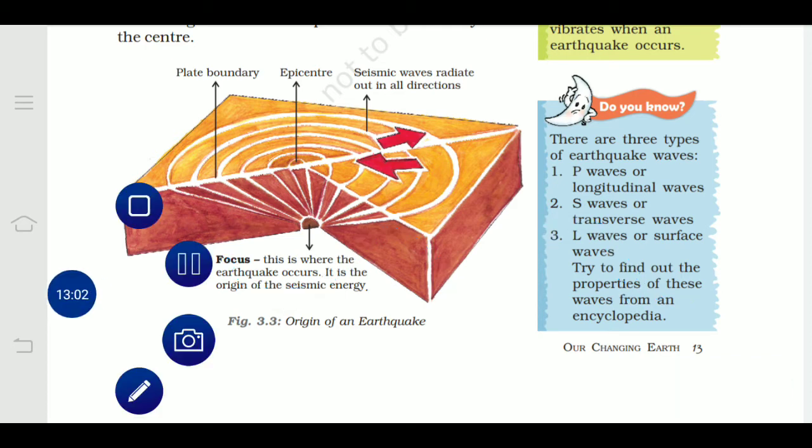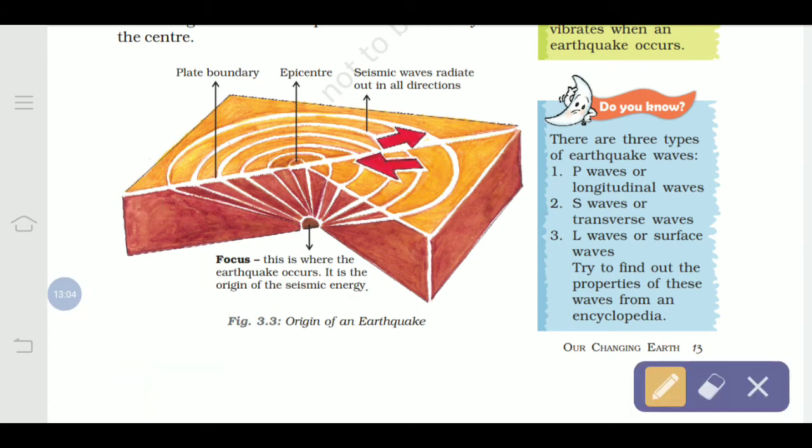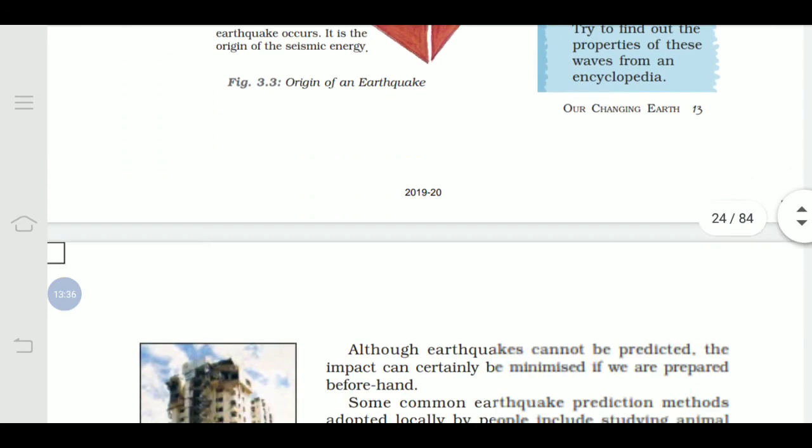And the third one is the L waves. L waves most probably happen in a circular motion. Most earthquake damage is caused by this type of wave. So generally we face L wave kind of earthquakes whenever an earthquake occurs in the region. S and P waves mostly affect the earthquake prone area. So you have learned the 2 sudden movements.